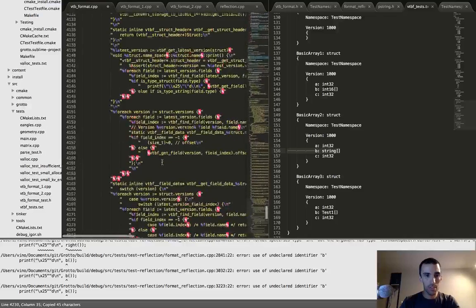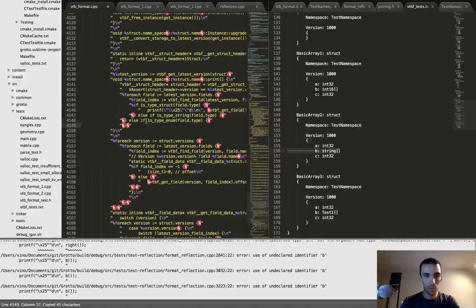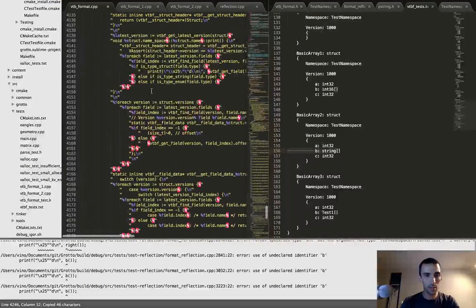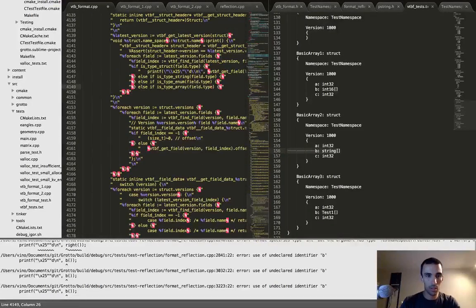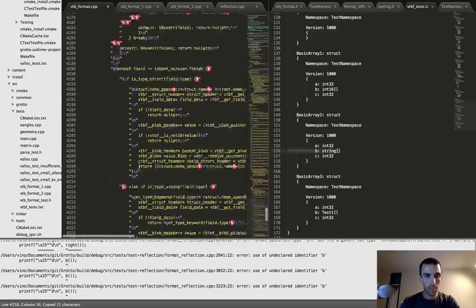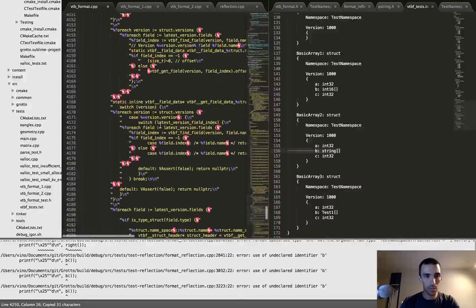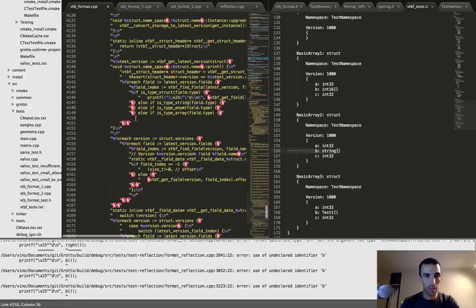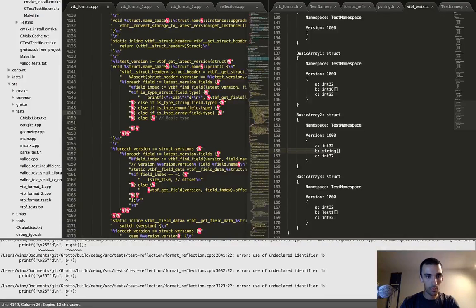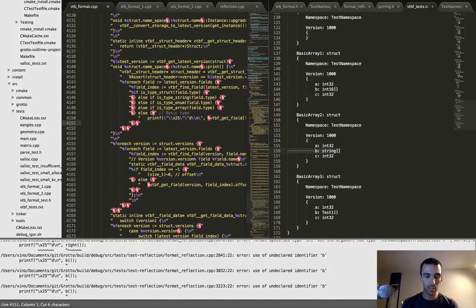If it's an enum, we're going to need to print it a third way. If it's an array, you can see I haven't implemented all of these yet. And then otherwise, it's a basic type, and that's what we're interested in right now. So here's a basic type. So I'm going to move that guy down here. So for the basic type, we're just going to